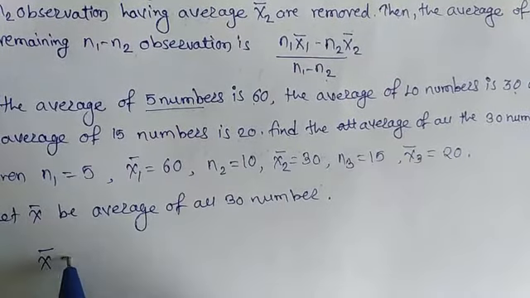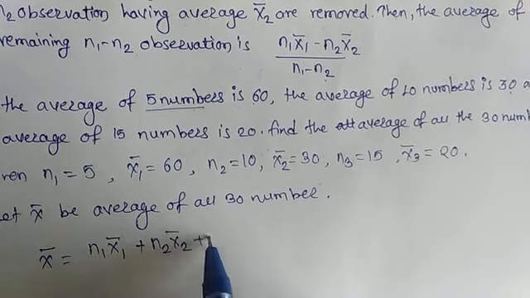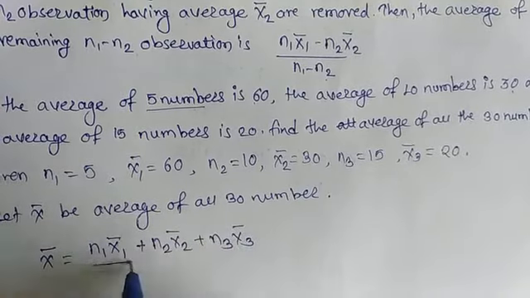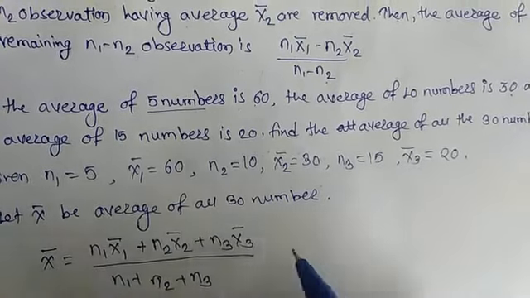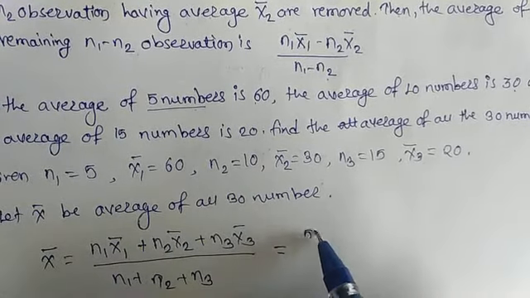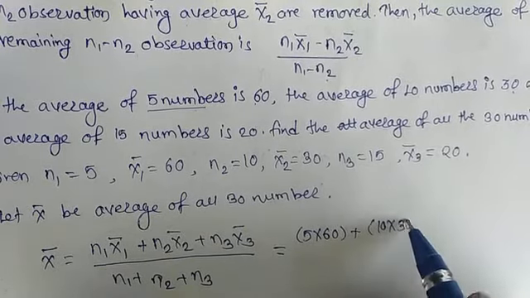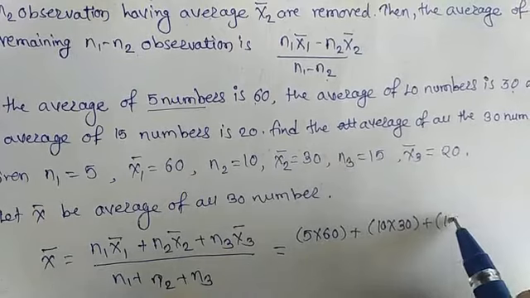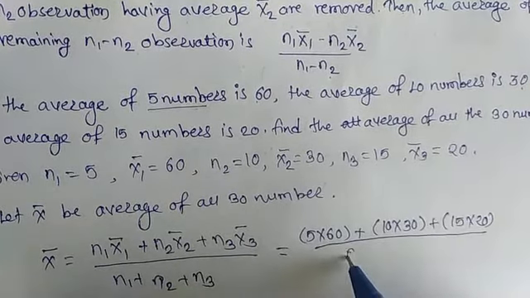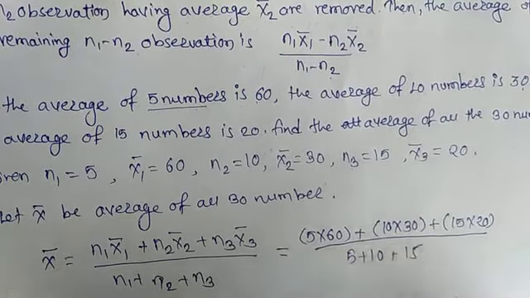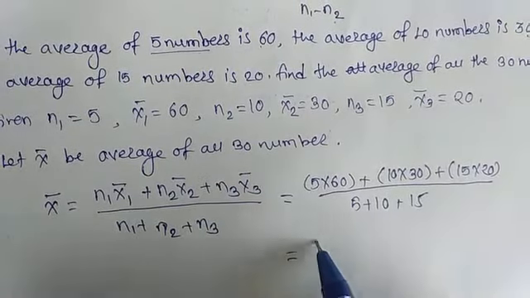Therefore x bar is equal to n1 x1 bar plus n2 x2 bar plus n3 x3 bar divided by n1 plus n2 plus n3, which is equal to n1 is 5 into 60 plus n2 is 10 into 30 plus 15 into 20, divided by n1 is 5 plus 10 plus 15, okay, which is equal to, now 60 into 5 is 300